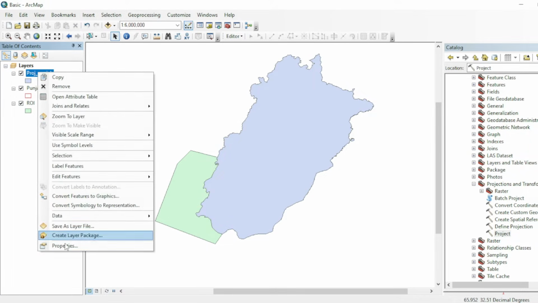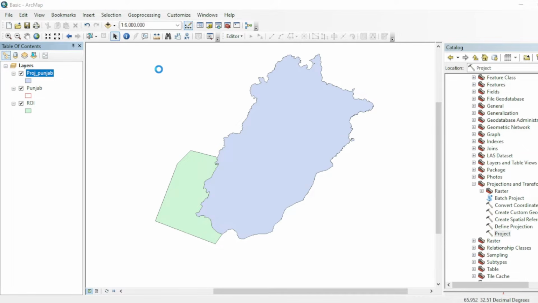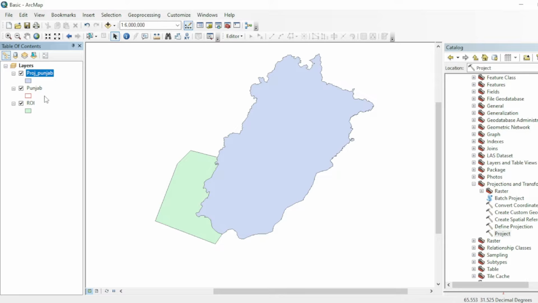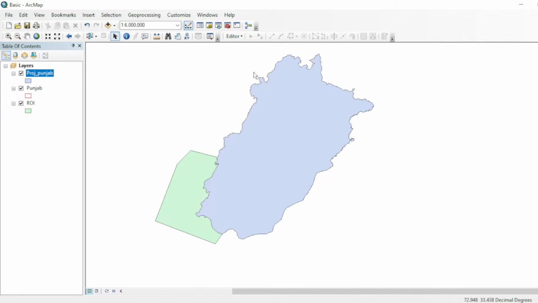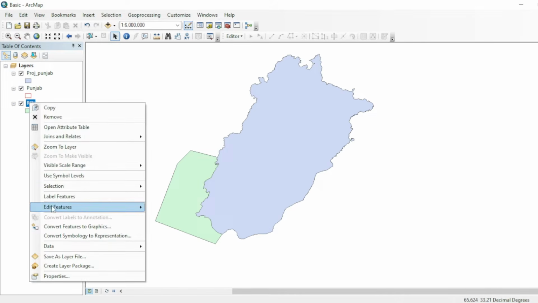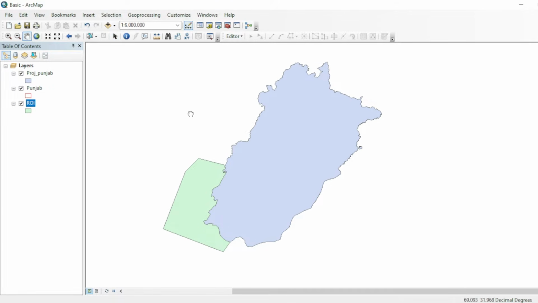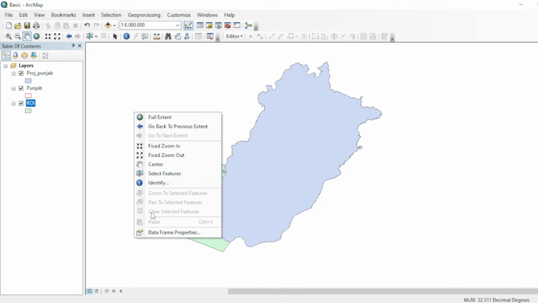And if I want to see its coordinate system, go to properties and source. You can see over here it's a projected coordinate system, UTM zone 43 north. And similarly, if you want to change the coordinate system of the region of interest and you don't want to use the tool, just make a right click over here. And okay, the main thing is that when you want to work with a projected coordinate system, make sure that your data frame